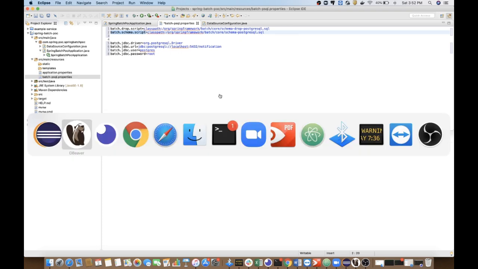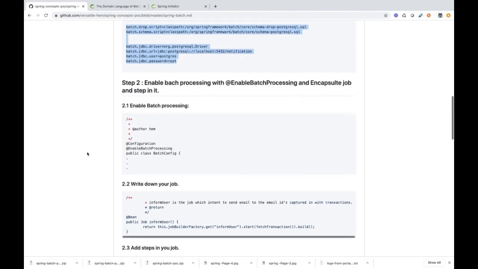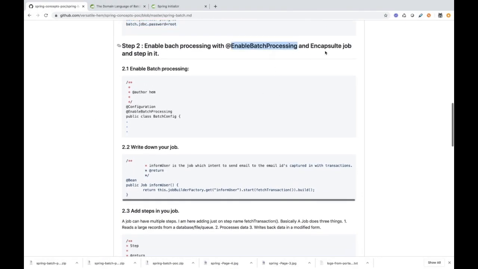Now after that, what is the second step? We need to enable the batch config and encapsulate the job in it. Fine.